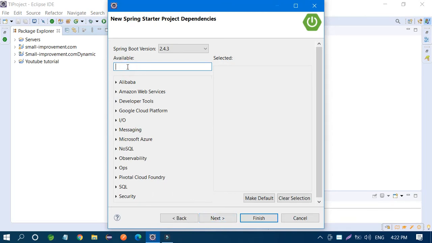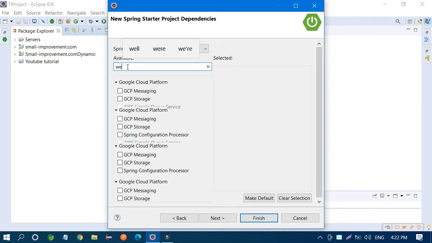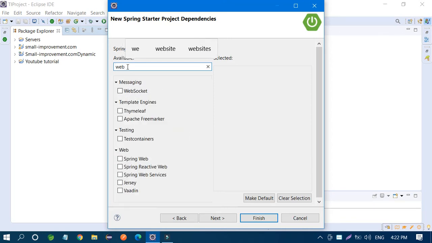You have to choose two APIs. Web, because you are using the Spring Web project. So definitely you want web. So I am selecting Spring Web.